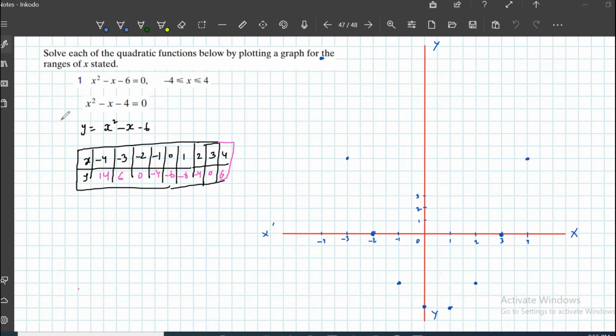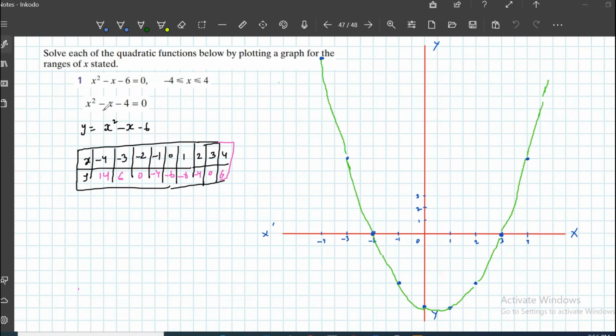This is the point. After this we will plot or connect all these points without using a scale. So this one, then we will connect this point, then connect this one from here, and connect with this. You can extend it even. So this is our required first part answer, and then how to